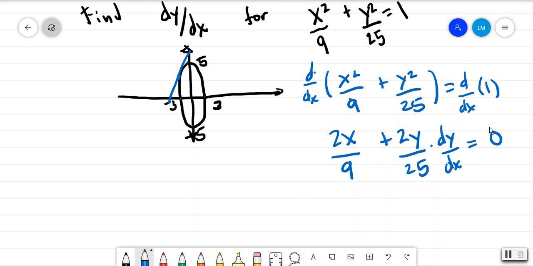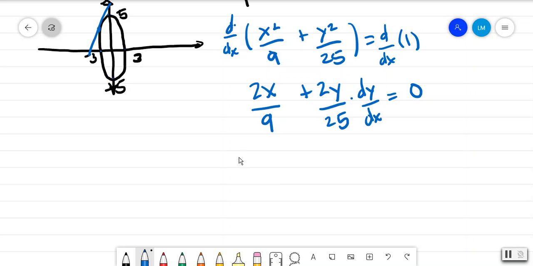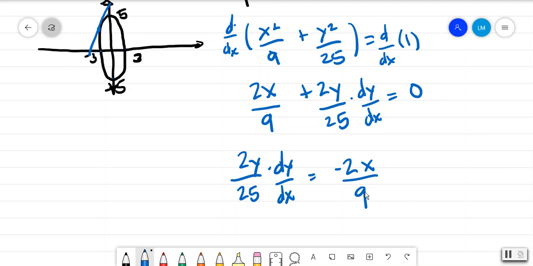Now, when we divide everything, you're going to get that 2y divided by 25 times dy/dx is equal to negative 2x over 9. But when you multiply by the reciprocal, you're going to get that dy/dx is equal to